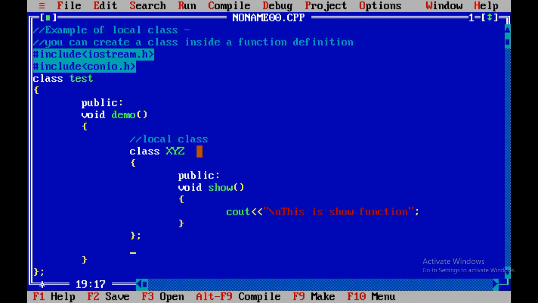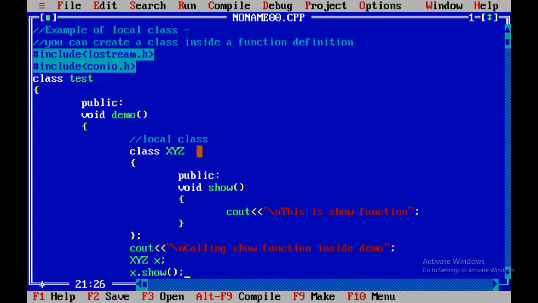Now I am going to create the object, but before creating the object let me write the statement calling show function inside demo. xyz is a class which is defined inside the demo function. xyz x, x is the object of xyz class, and x.show.